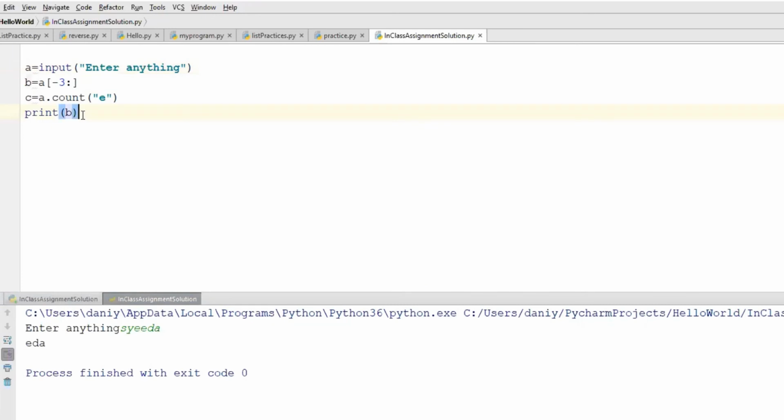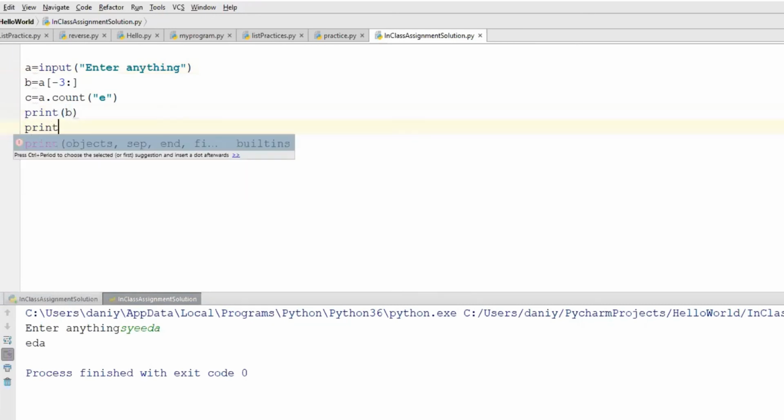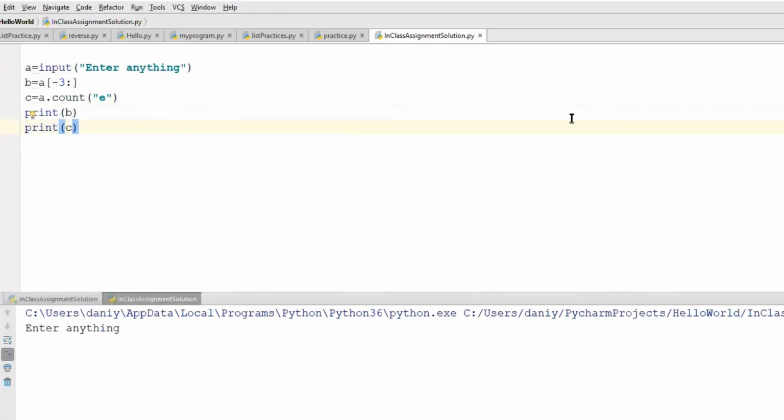Oh, sorry, I forgot to print. Don't forget to print C to see the output as well. It's not printing without the double quotation marks, we have to print C because it is holding a value which needs to be printed. So let's enter SYEEDA. As you can see, the second print statement is printing the number of E, counting the character that many times it occurred in my string. To count how many E or how many A you have in your string, you can use count, and inside double quotation marks you will write